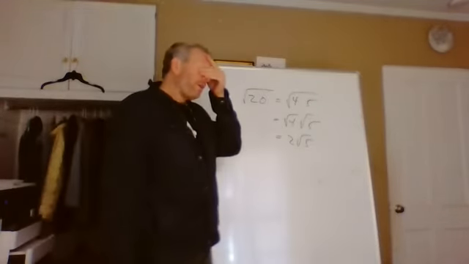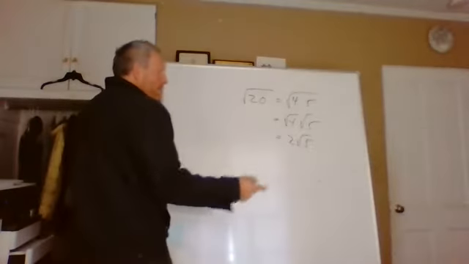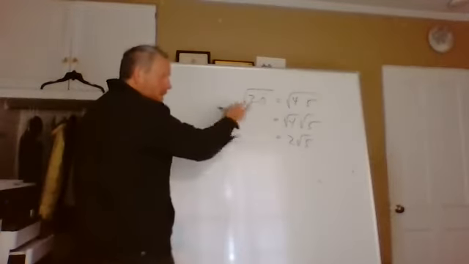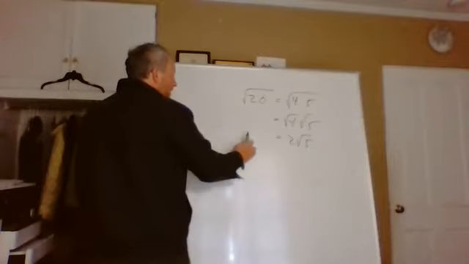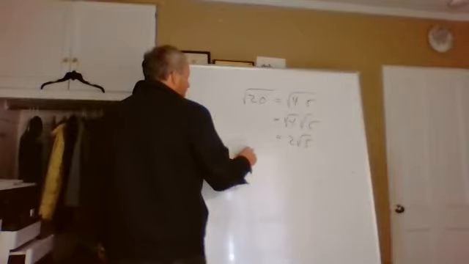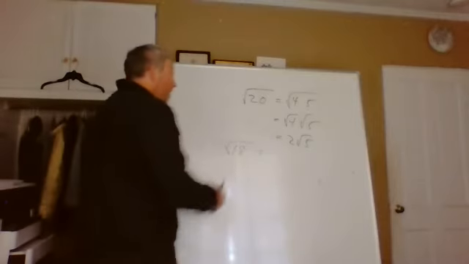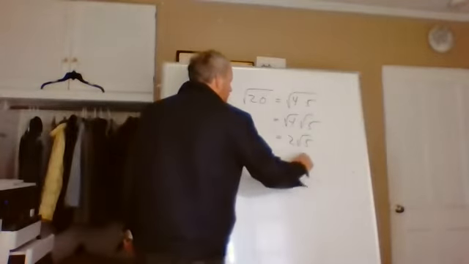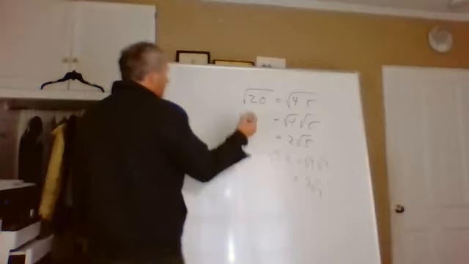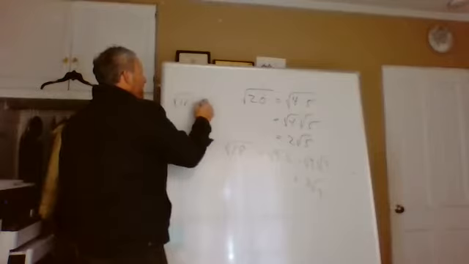And something you'll see or hear a lot is people will say that, well, let me do another one and I'll tell you what people say. And it's really not right what people say, even though what I've done here is correct. Let's say we had, I don't know, how about the square root of 18? I'm picking numbers very carefully here so that I can do this sort of thing. But 18 is 9 times 2. And that's the square root of 9 times the square root of 2, and that's 3 times the square root of 2. So what you will hear people say,